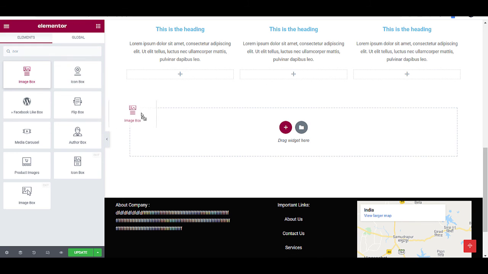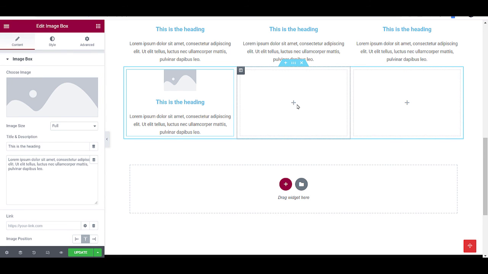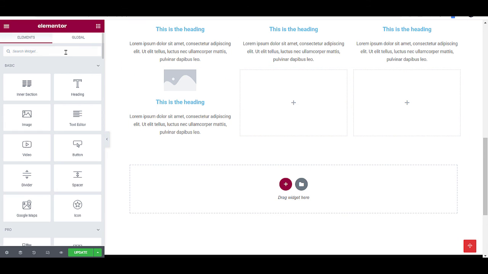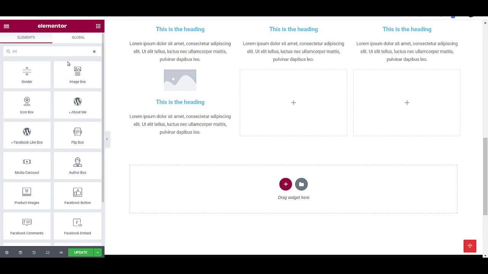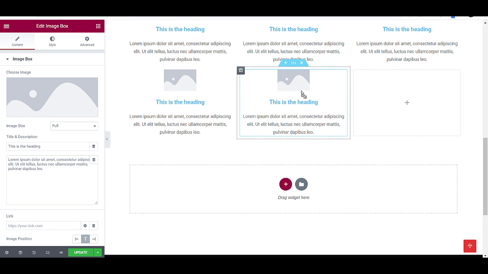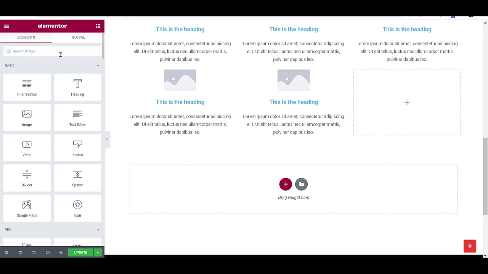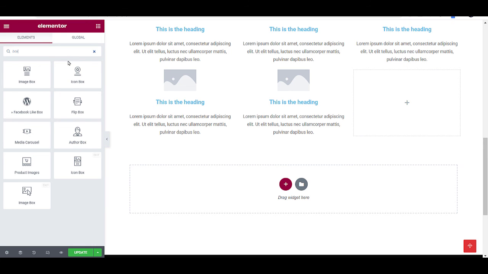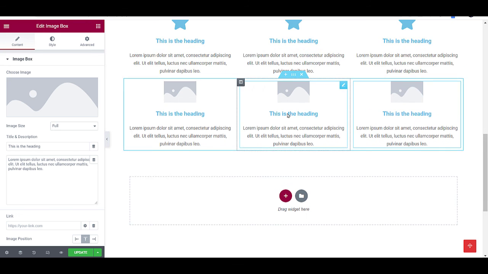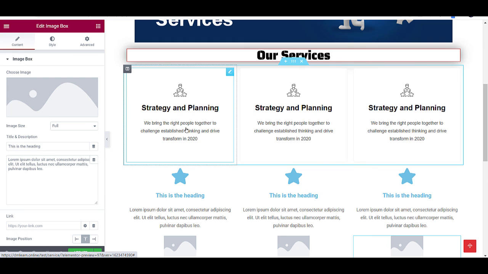You can use image box too. So now we have 3 different types of boxes.